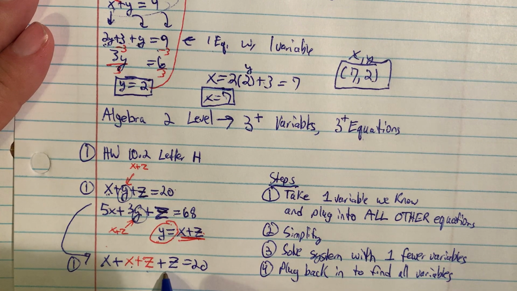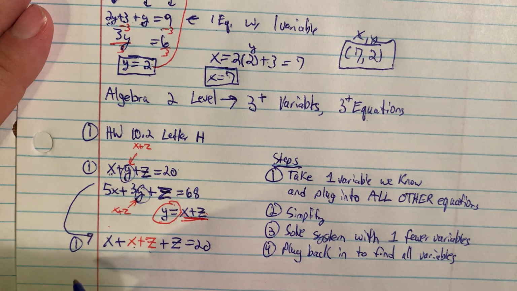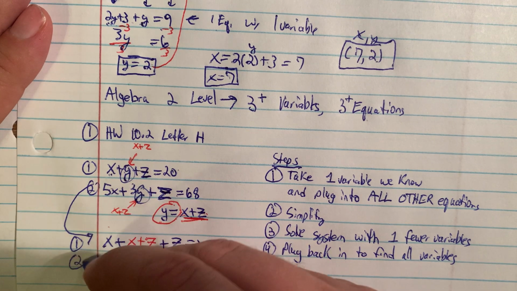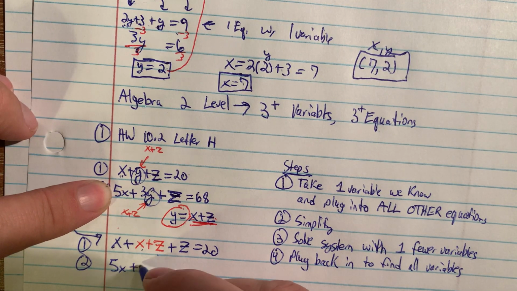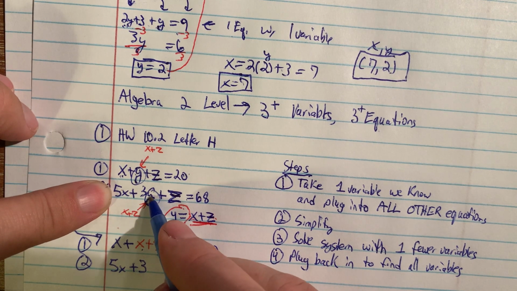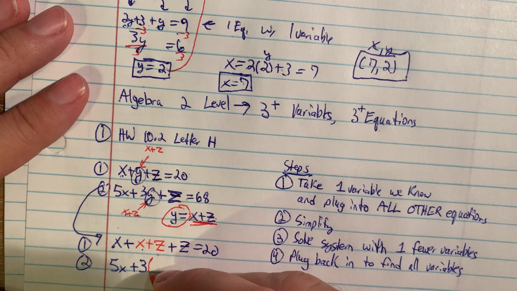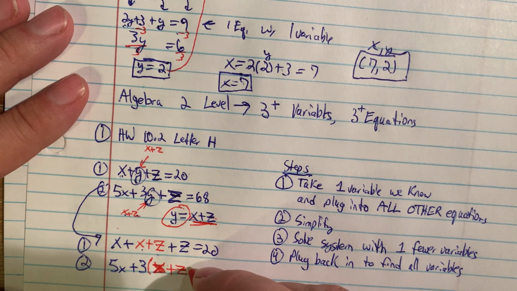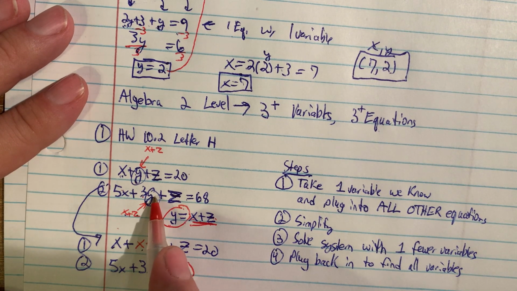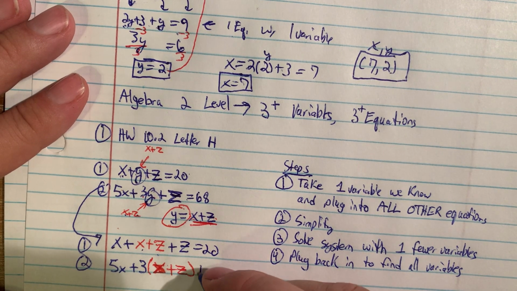Notice that there's just x's and z's. There's only 2 variables instead of 3. The second equation, we will also substitute, and so it said 5x, so we're going to leave 5x alone, plus 3, and we're going to multiply times y. Now, if there's a binomial, we wouldn't just put 3x plus z, we put 3 times (x plus z) in parentheses, because 3 was multiplying times the whole y, it needs to multiply times everything y is equal to,